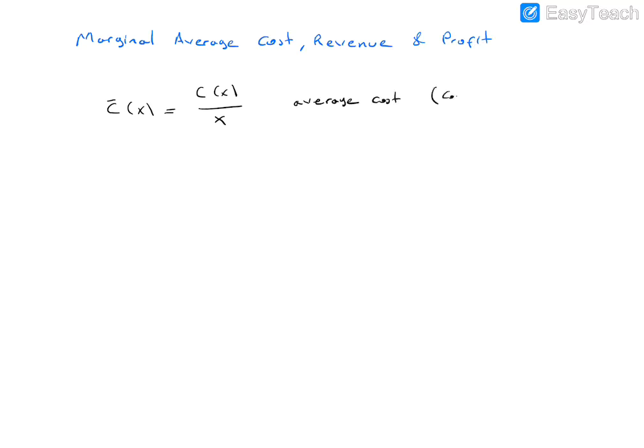Or cost per unit. And the derivative of C bar of X, okay, so first you should calculate C bar and then you differentiate. So in other words, the derivative of C bar of X with respect to X denotes marginal